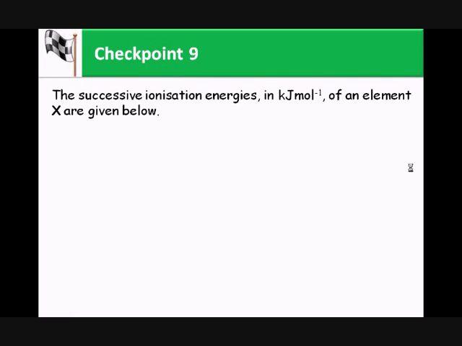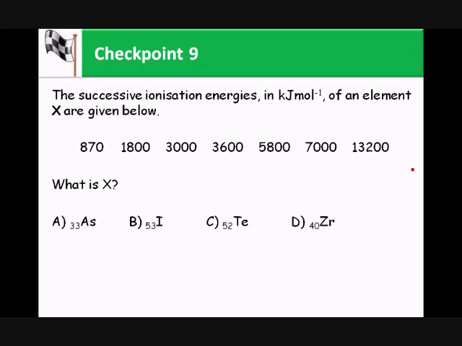So let's go on to checkpoint 9. This checkpoint 9 I've roughly gone through in the lecture, but just to recap. Given these successive IEs, this must be the first IE, second IE, third IE, fourth, fifth, sixth, seventh. Again, it's very simple. Just take your calculator and calculate the difference between the first and the second, second and the third, third and fourth,